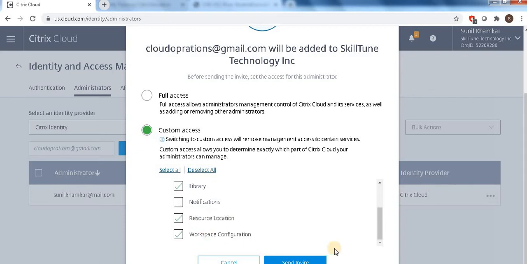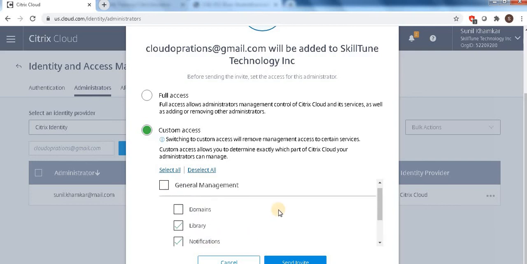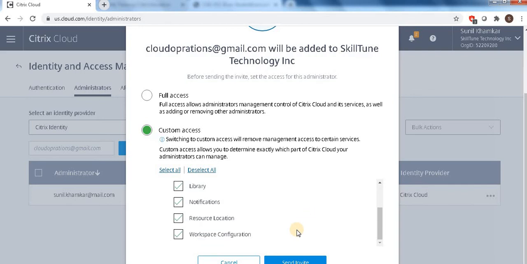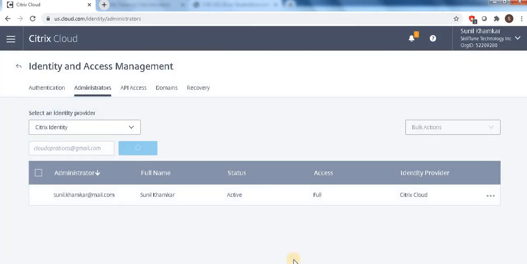I have limited services, so I have selected these, plus I want notifications also. Let's click on send invite. You can see here the invitation goes to cloud operations.